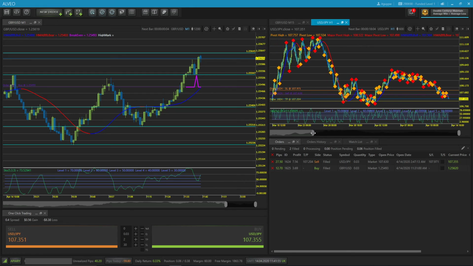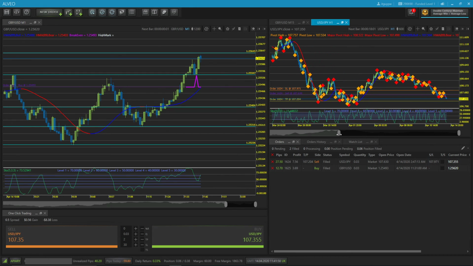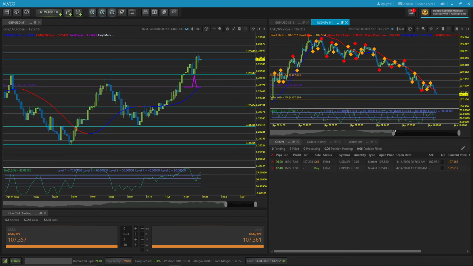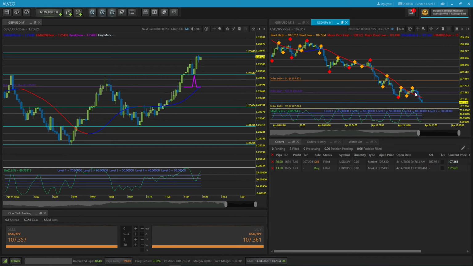Now, if I would have been following the same setup for both of my trades, then I would be positive on both right now, but I didn't. I set my stop loss too close on the trade that I originally took,